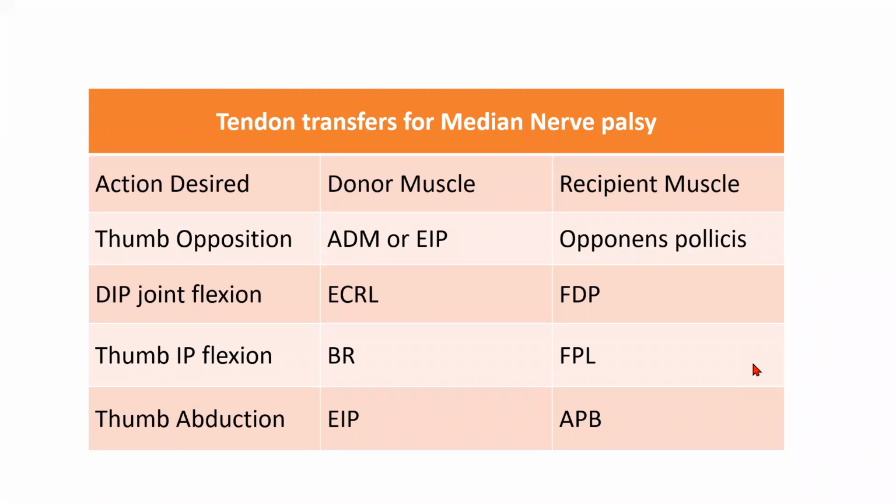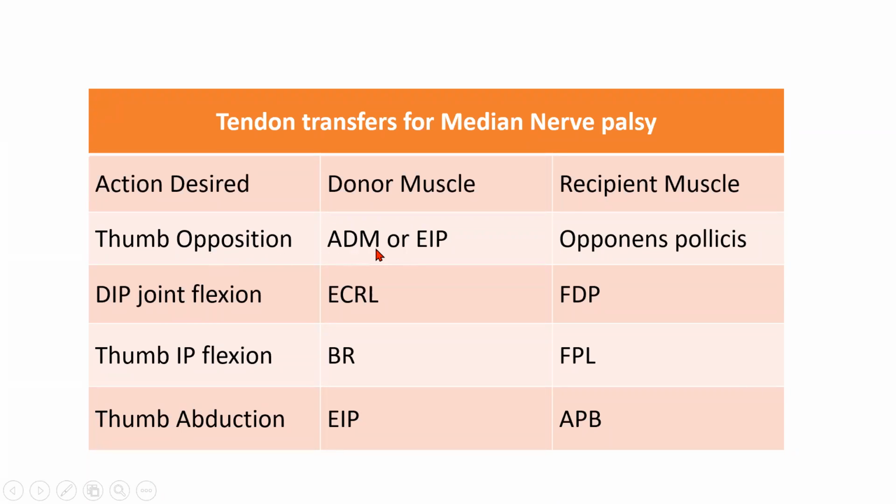Now, with regards to tendon transfer, there are many procedures. A few of them are actually confusing and hard to remember. In one particular slide, I have just tried to simplify everything. So if you remember this alone, it's enough for the exam purpose. Okay. Now there are certain movements which are lost, and we have to compensate those. That is the principle in this tendon transfer. So thumb opposition is lost.